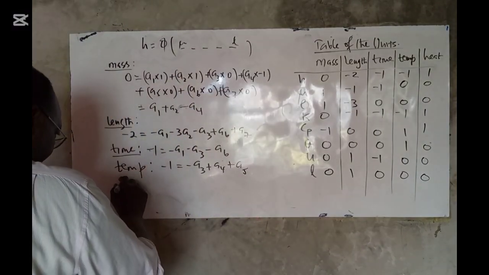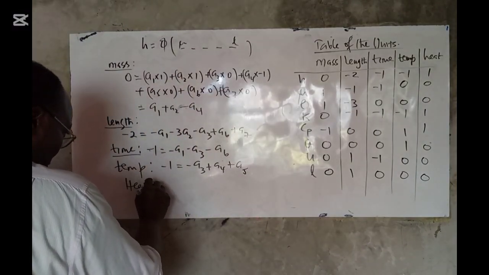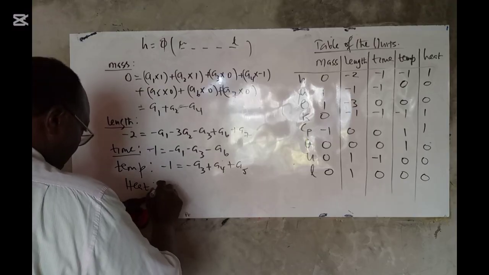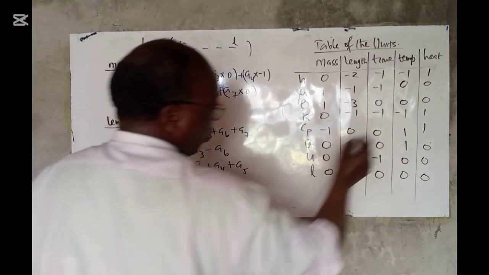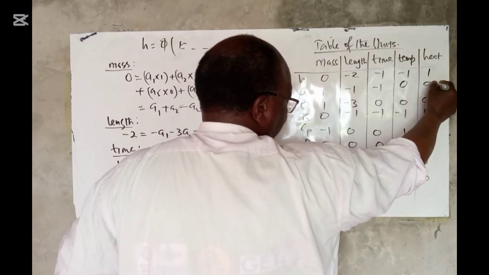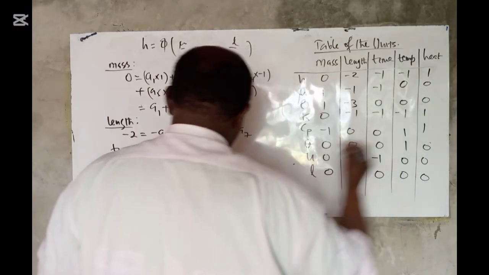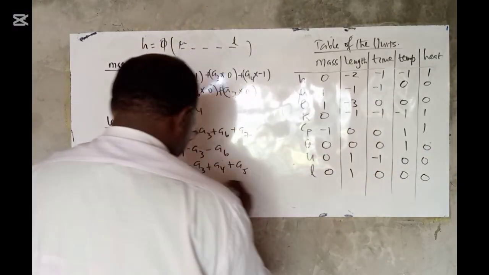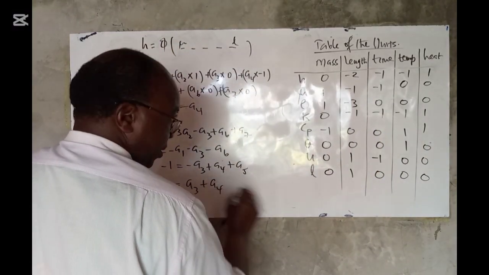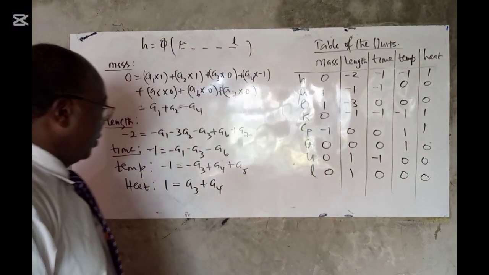Finally, heat will be H is 1. That is equal to A1 is 0 because it is multiplied by 0. A2 is 0. A3 times 1 plus A4. And the rest are all 0. So these are